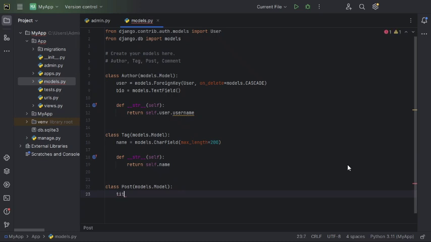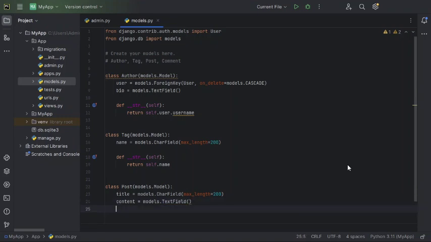It is going to have a title, and I'm going to have that be models.CharField as well, with a maximum length of 200 also. Then it should also have content, because for every post there's also going to be content, and I'm going to make that a text field so that I can collect as much text without limiting the